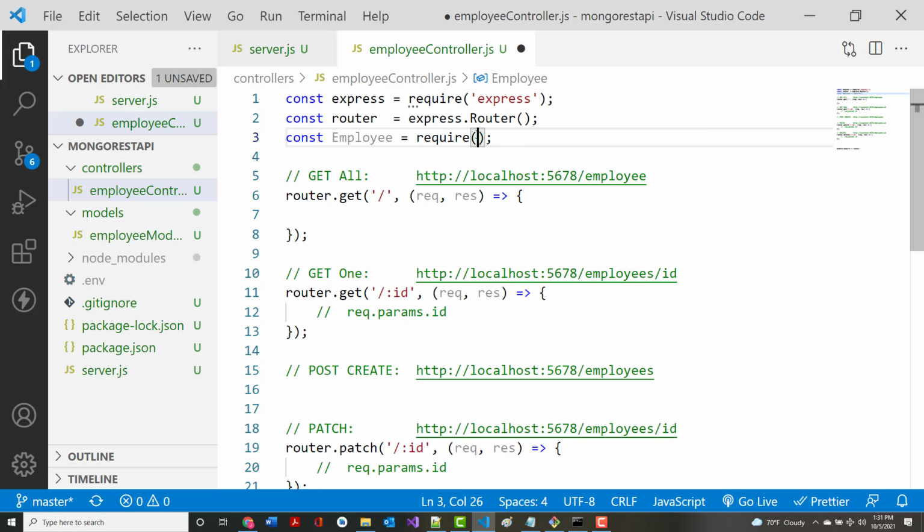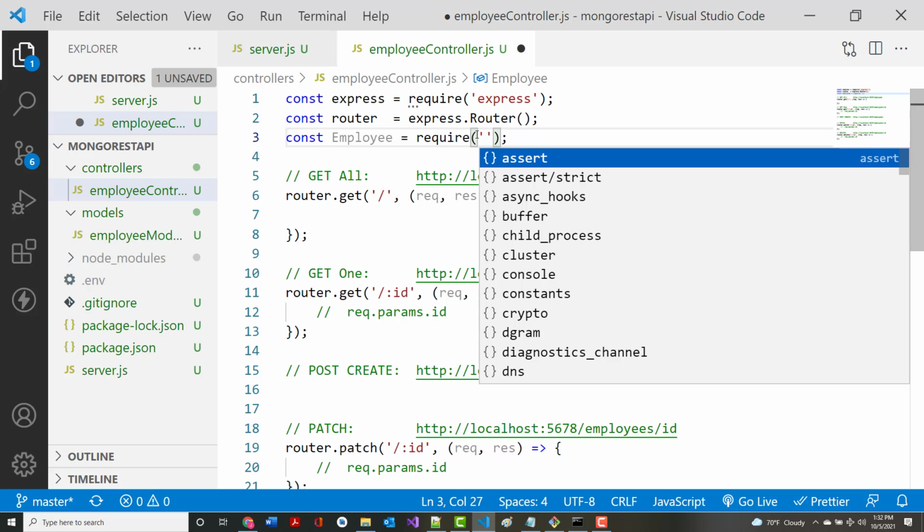Now, before I put this in, think about this. Where are we right now? We are in the controllers folder. Would you agree with that? We have to get out of the controllers folder and go up to the models folder so we can find that model. Does that make sense? So we've got to give it the path to that. So we come in here and we say